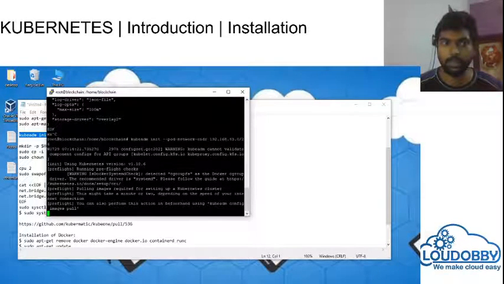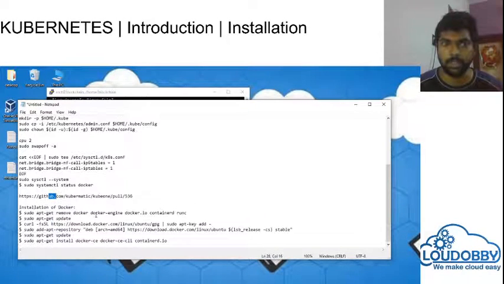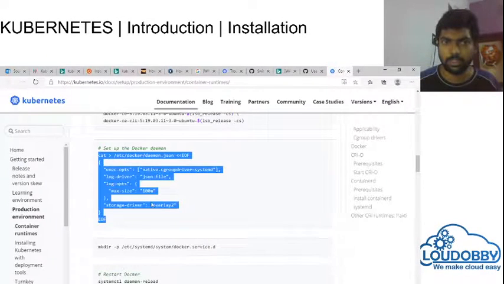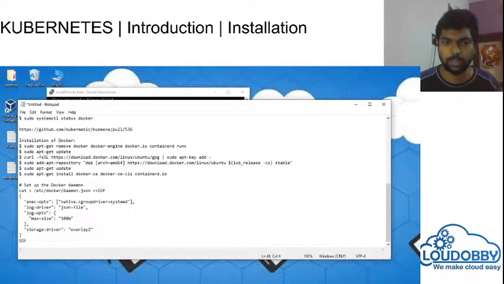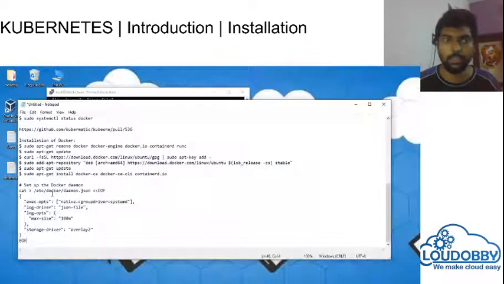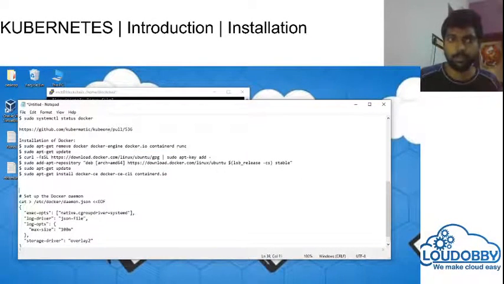I searched for this warning message and found that we need to change the default driver to systemd so that this can be fixed. I just googled it and went to the Kubernetes site. I found this one. I will paste this in the description as well.